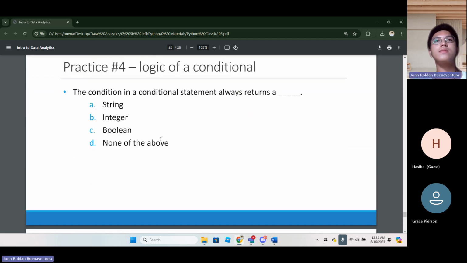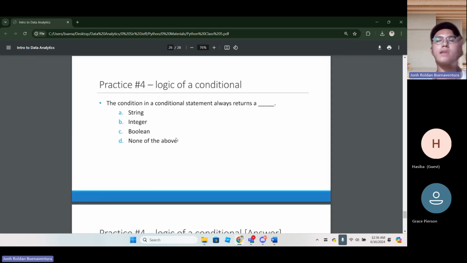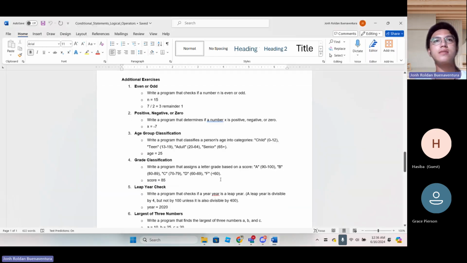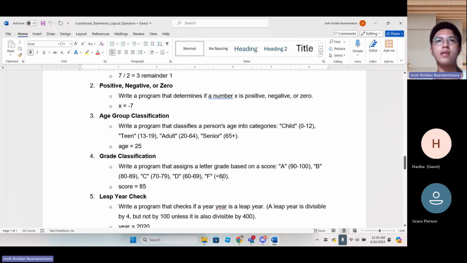Conditional statements, on the overview, are quite simple. However, we need a lot of practice to understand this, because the questions arise when you are doing the practice. So let's have practice with the conditional statements.